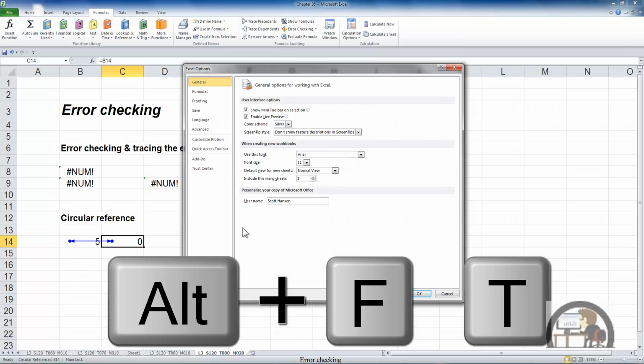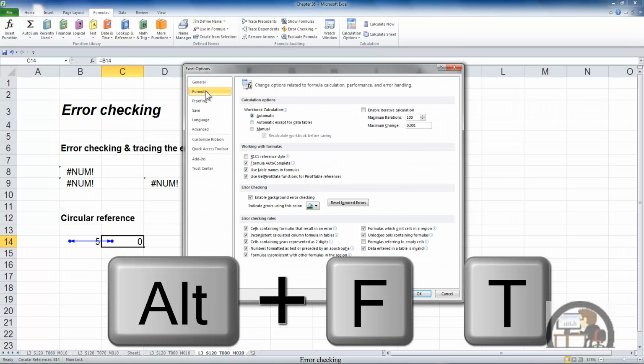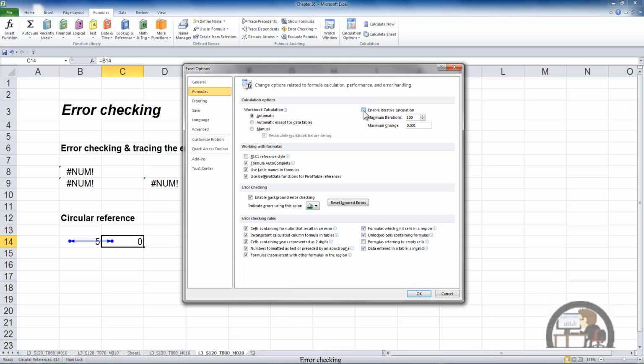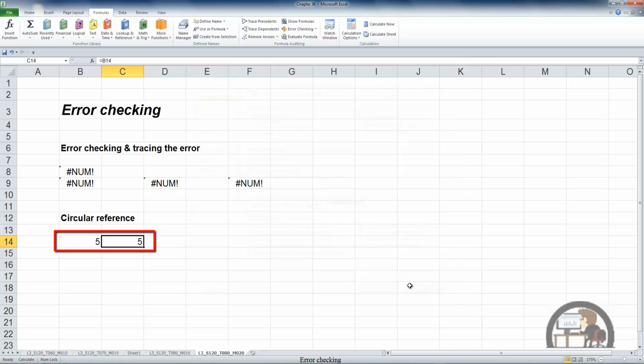Alt-F-T to the Formulas area and left-click Enable Iterative Calculation. In this case, I'm going to have it iterate just once instead of 100 times. I'm going to left-click OK. And C14 is now 5 because Excel allowed a calculation to take place in both cells B14 and C14. So C14 picked up the value that was in B14, which was 5 at the time that I performed the